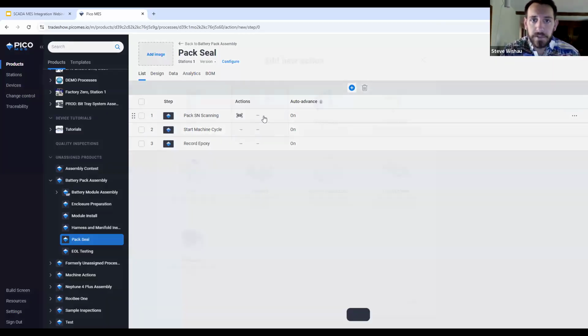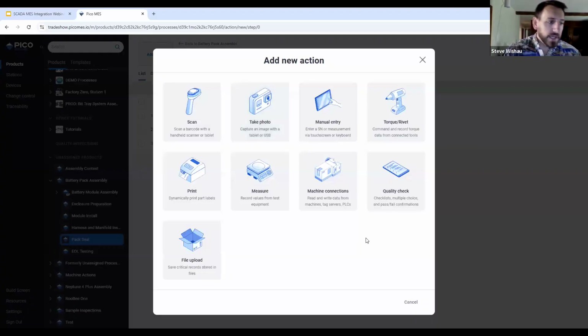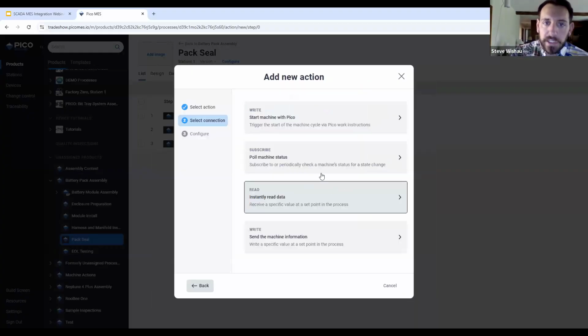So let's say I'm at the start of my day here, and I want to make sure that the epoxy is at the right temperature before I start dispensing, because if it's not warm enough, it's going to come out all gloopy, and maybe there's no checks in the automation system that allows me to start this thing. If I'm an operator, I go press go, this machine's going to start for me. So instead of doing a scan or some other manual operator action, we're going to utilize this machine connection to